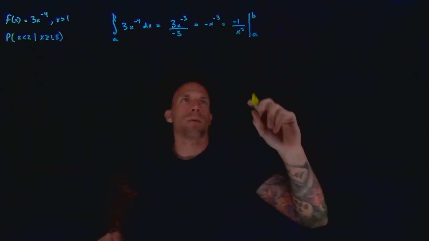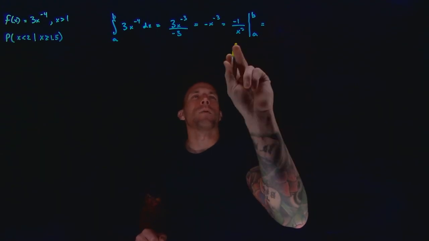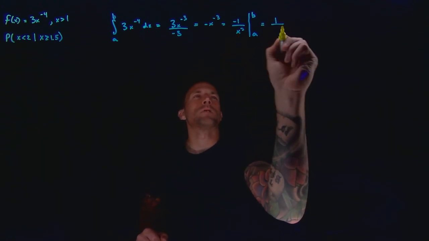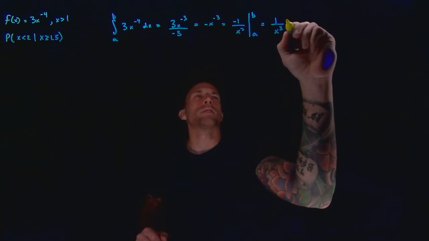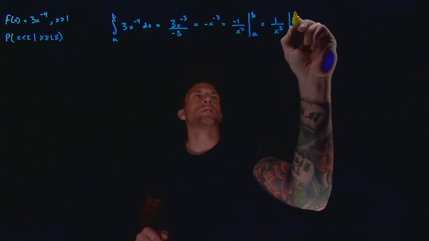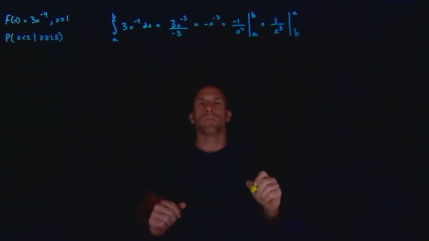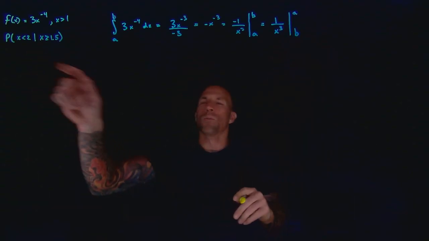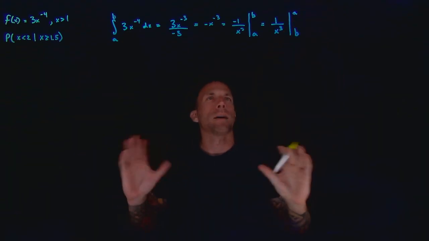And then I'm going to apply a little trick I learned in calculus once upon a time. I don't like leading negatives, so I'm going to change this to positive 1 over x to the third, and then I'm going to reverse the ends of my integration boundaries here. So now we just need to do the numerator and the denominator